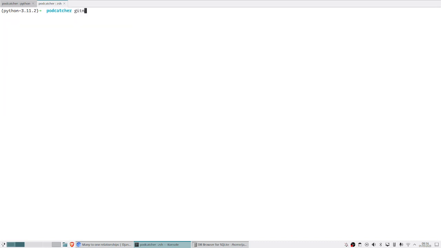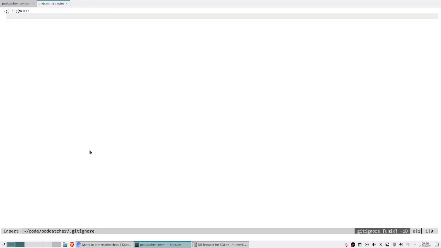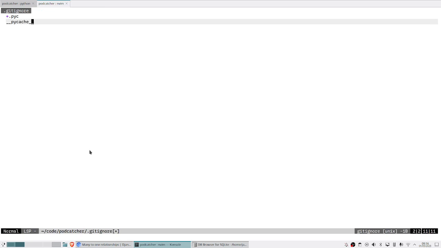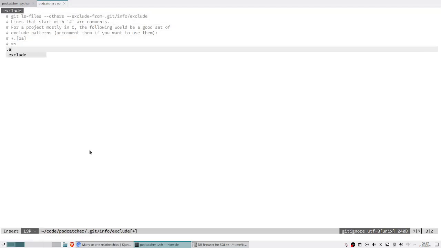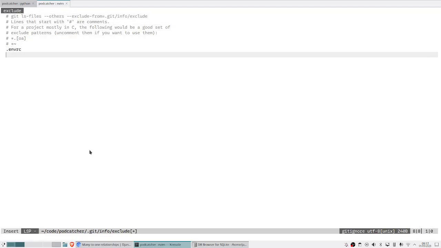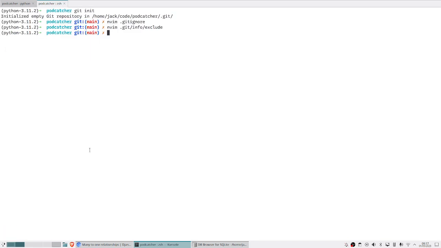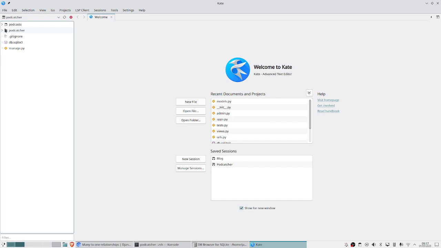The next thing I want to do is initialize a Git repository and then just start throwing some things in gitignore. This will be useful later. I probably want to exclude my local env and dir-env, but I don't necessarily want to check that into version control because it's not applicable to everyone. And then I think I'll just fire up an editor here